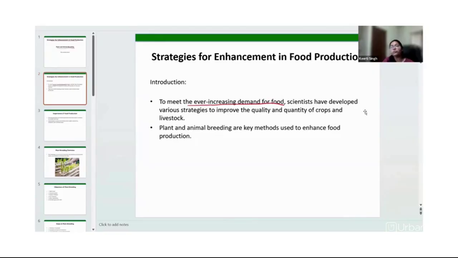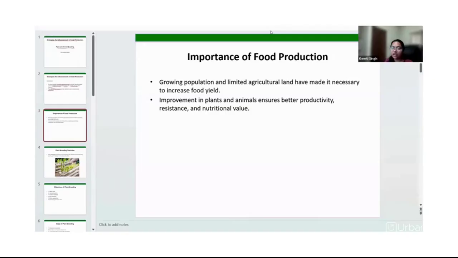right? So to overcome this problem, scientists have developed various strategies to improve both the quality and the quantity of crops and livestock. And for this, plant breeding and animal breeding play an important role. How? We will see,